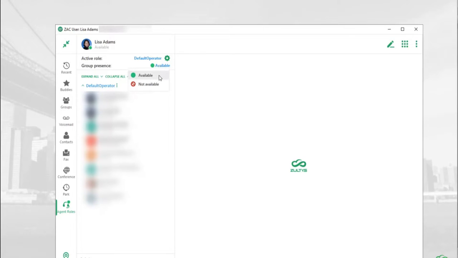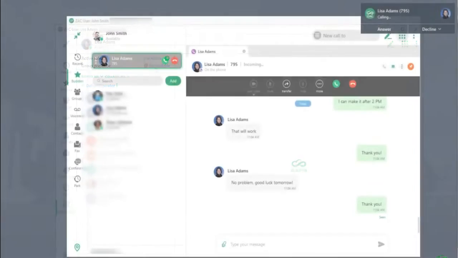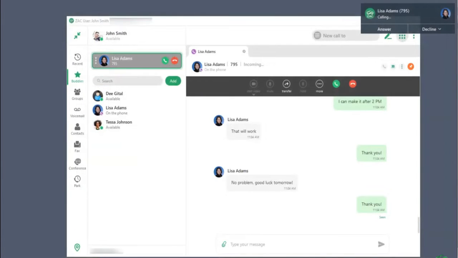Available means that you can get phone calls for this group, and not available means that you can't get phone calls from this group, either because you're busy with another project or just because you're not there at your desk. This is where you can set your active role. What does an active role mean? If I select my user role, Lisa Adams, as my active role and make a phone call to a coworker,